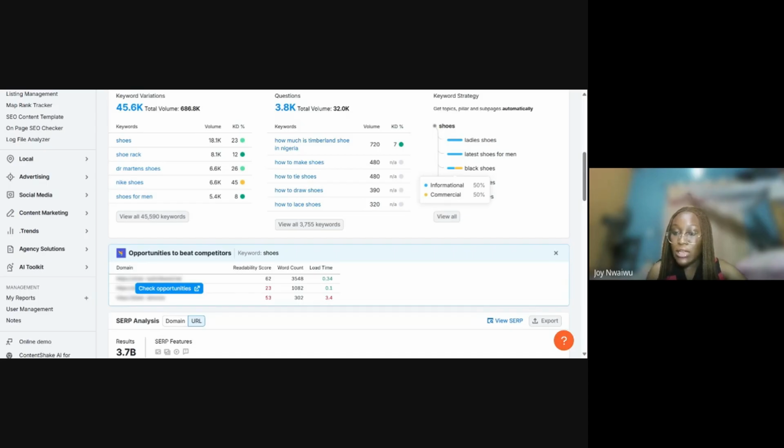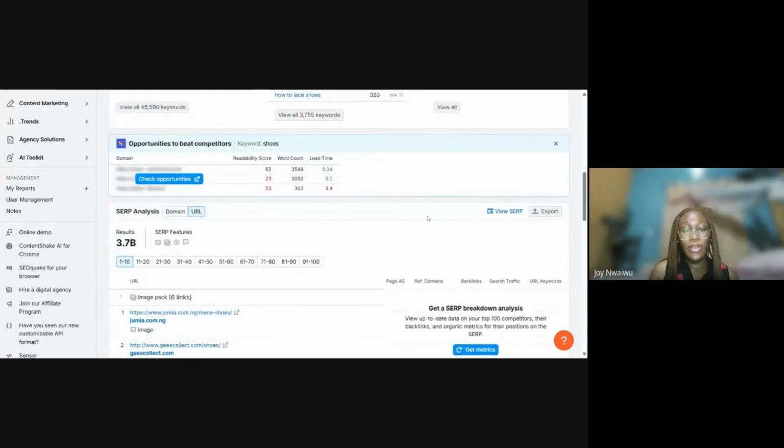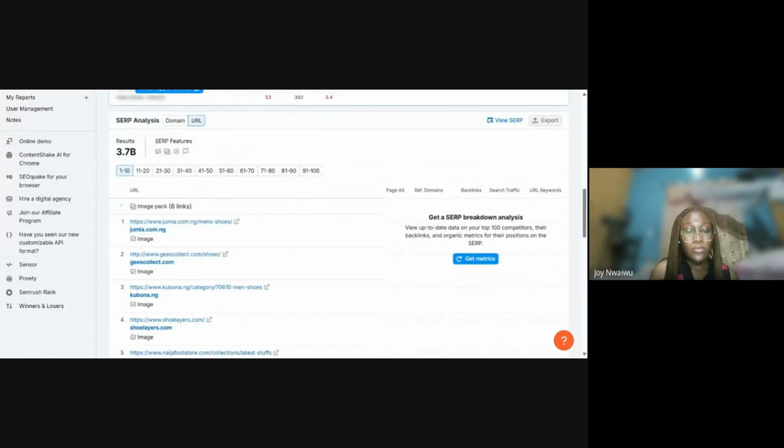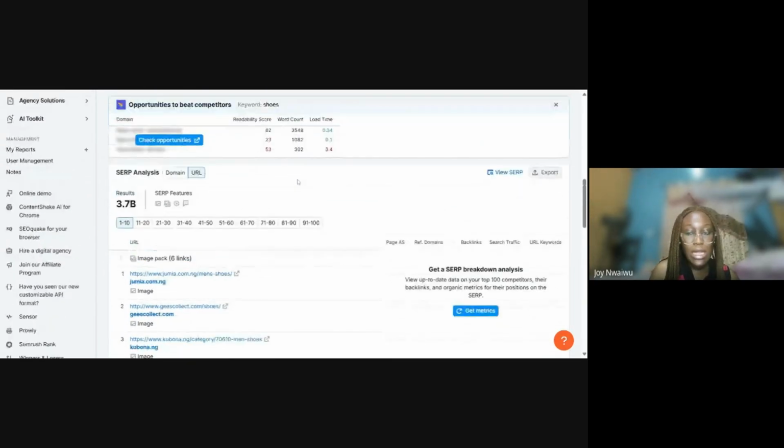Some people would create informational content. Other people create commercial content or pages. Their page is focused on maybe just giving information, like a blog page. For some other people, it could be a commercial site, to actually sell something. So there are various things that you can gain from doing keyword research.